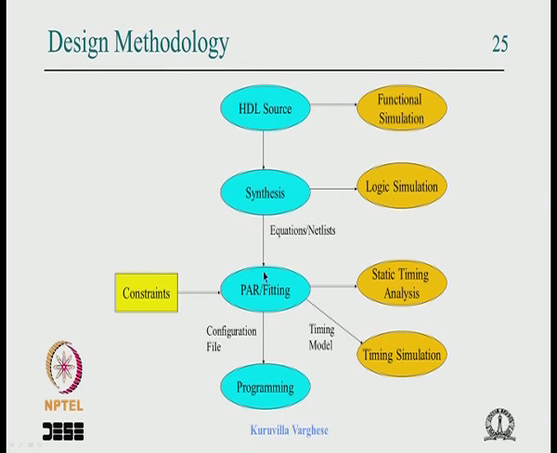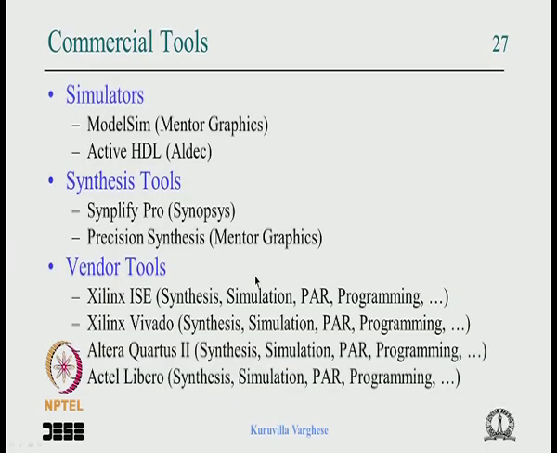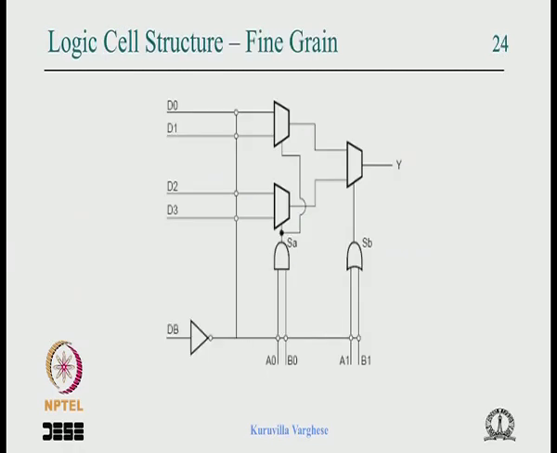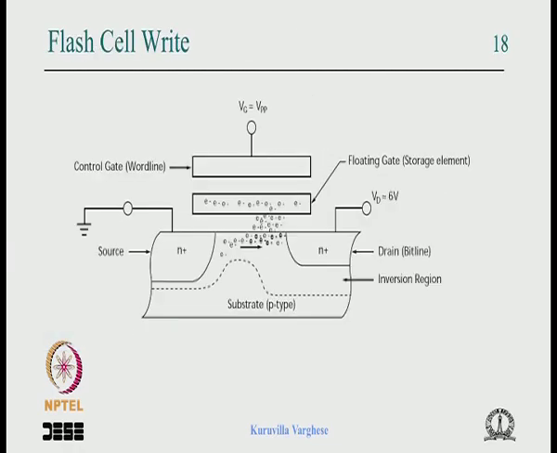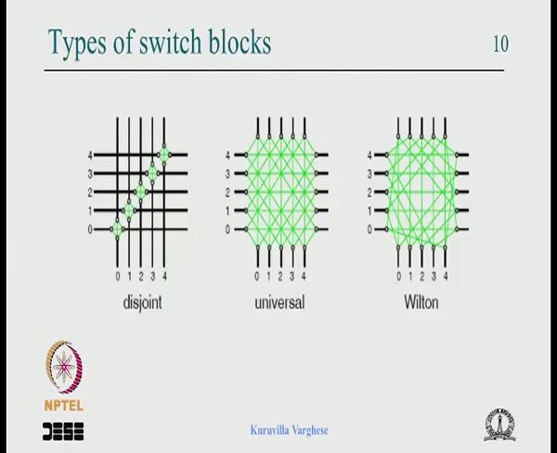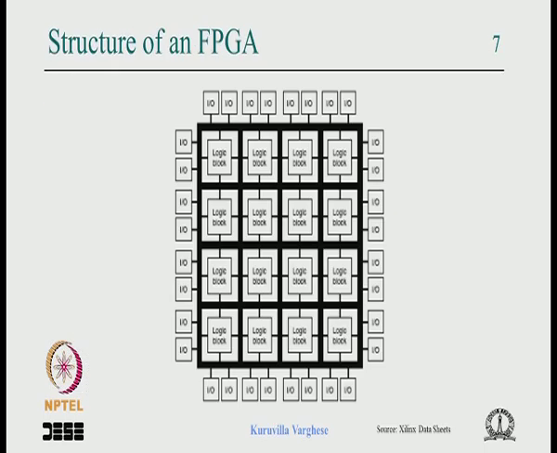And then you go to a step called place and route. That is basically like going back to this diagram, the synthesis tool will generate a logic circuit. Now the FPGA has an array of logic blocks. Now that circuit, and these are identical arrays, and that circuit has to be placed in the logic block and has to be interconnected, and that is not a very easy task,